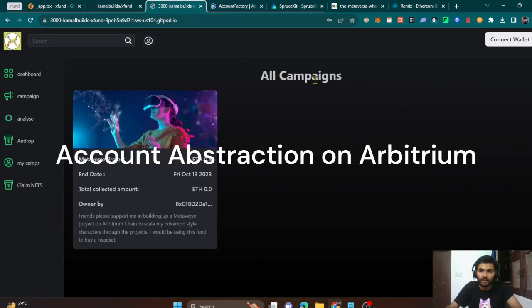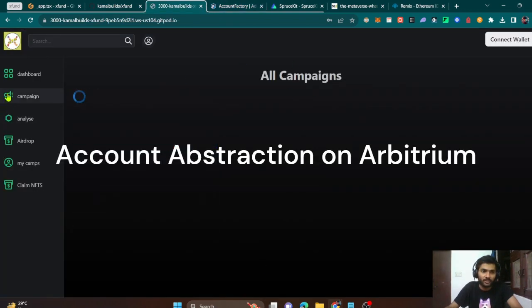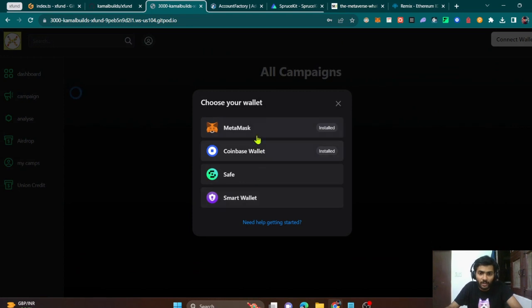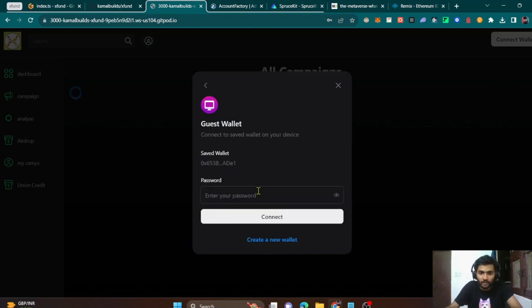So now let's take a quick look at how our application looks. First of all, you would see that there's a sidebar with all the different tabs. Now let's connect. First of all, we have to connect a wallet, and these are the different wallets that we provide, including MetaMask, Coinbase, Safe, and Smart Wallet. Let's go with Smart Wallet to showcase,